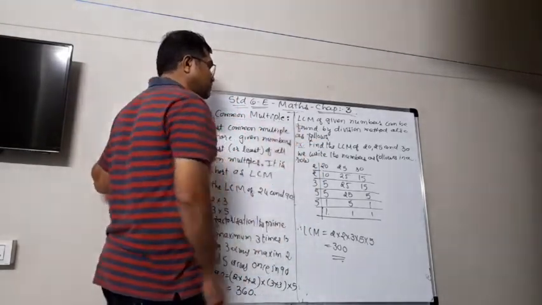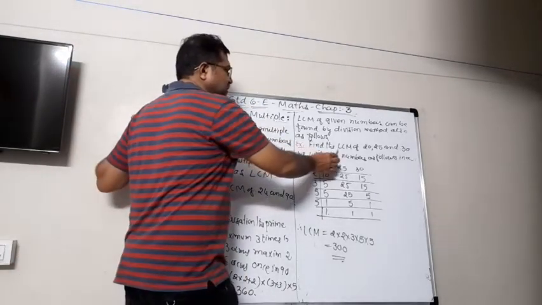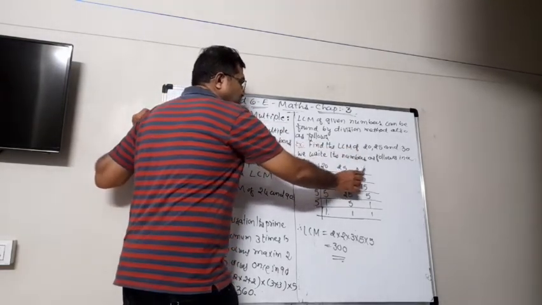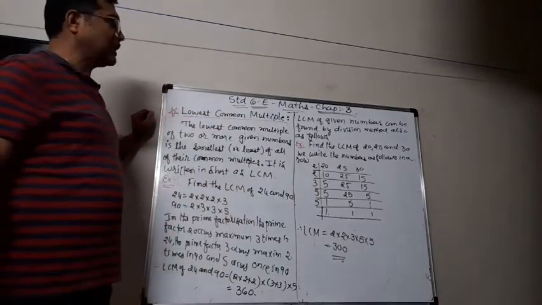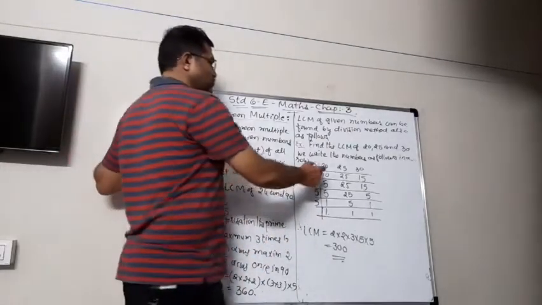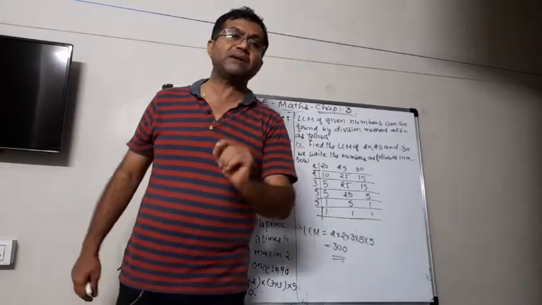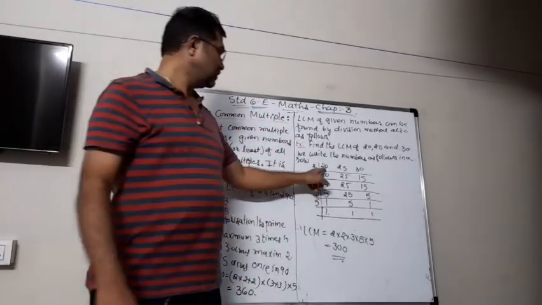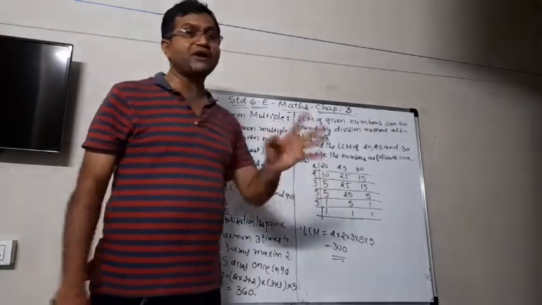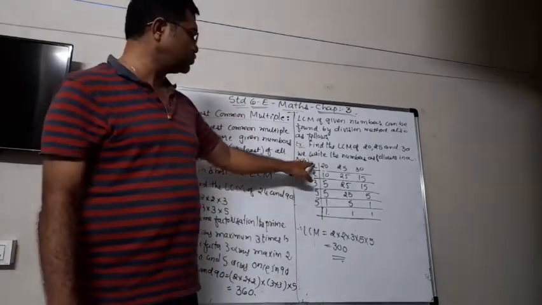So now, how can we find the LCM of two or more numbers by the division method? Here in the example: find the LCM of the three numbers 20, 25 and 30. Now we write down the numbers in a row, as I wrote 20, 25 and 30. Now check if any of them is divisible by 2. We know that 20 and 30 are both divisible by 2, but 25 is not. Doesn't matter. So here we write down 2.